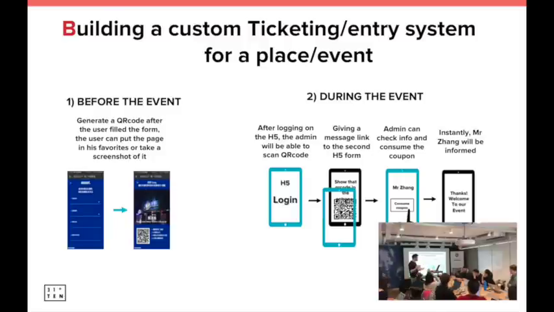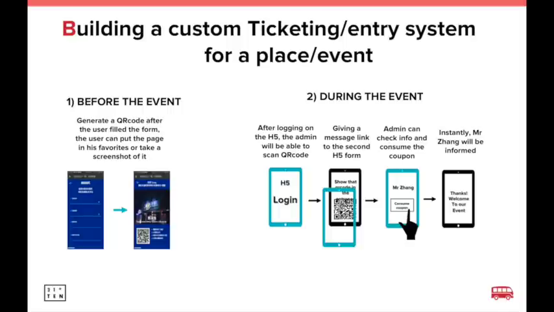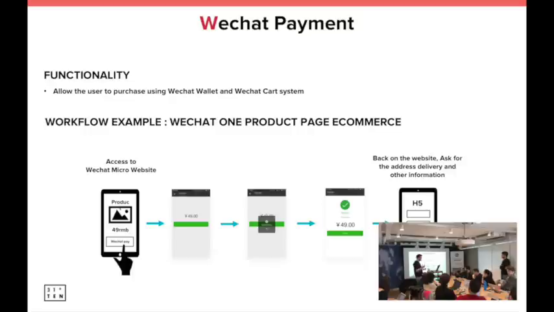So a QR code scanner can allow you to do some workflows. That's a project we actually did: an event booking system just in WeChat, using the JS-SDK. The workflow is: if I want to go to this event, I go to a web page and book my place. It generates a QR code for me. Then at the event, someone will scan your QR code using a WeChat web browser and validate your subscription. That's one of the use cases we did.